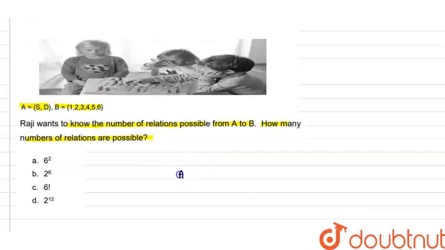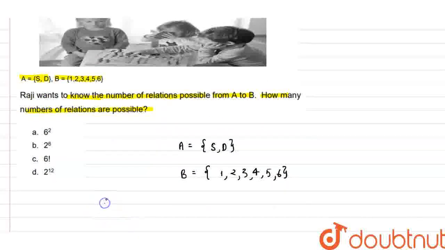So here we have been given A, which is the set of the players, that is Sherlin and Danju, and we have also been given B, which is the set of all the possible outcomes on a dice, that is 1, 2, 3, 4, 5, 6. And here we have to find the number of relations from A to B. So the number of relations from A to B, we know, is 2 power